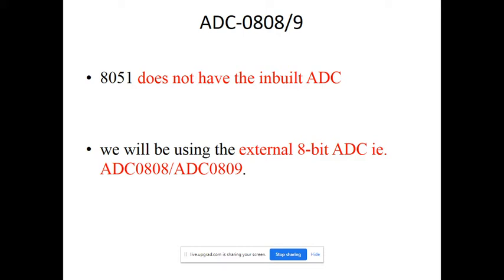Means, for example, suppose you are doing a project such as home automation, greenhouse automation, like that. In that case, as per the situation, we are taking the controlling action. For example, suppose you are doing a project on a greenhouse or a room controller. In that case, you are sensing various parameters. For example, in a greenhouse you are sensing parameters such as the humidity of the environment, how much moisture is in the soil, how much is the room temperature, and all these things.